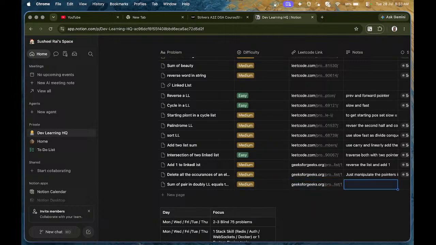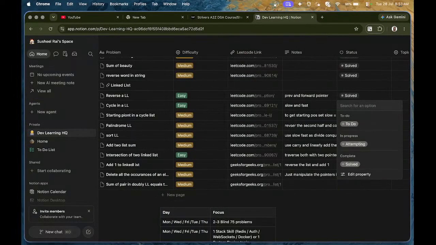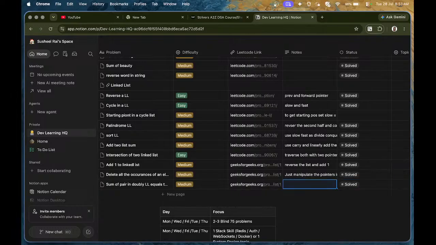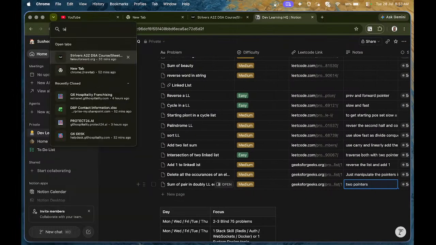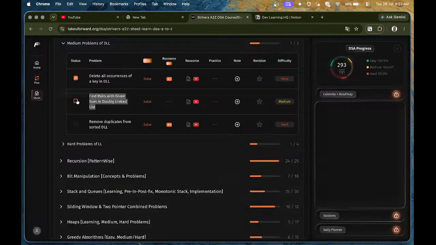Median का नहीं था तो पॉइंटर आता, वो pointers. Next question: remove duplicates from sorted list. Again, this is also a